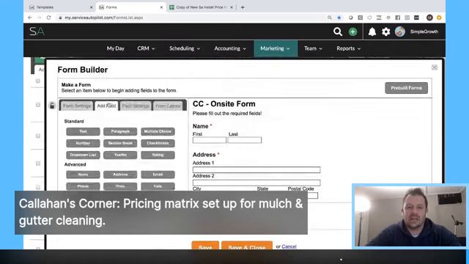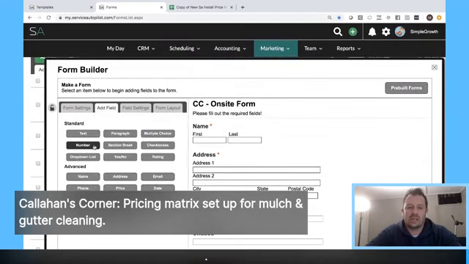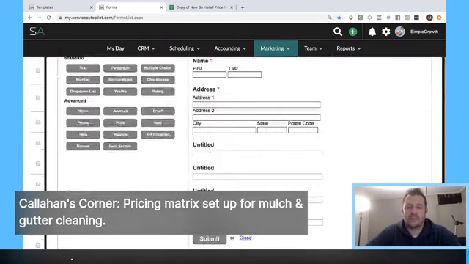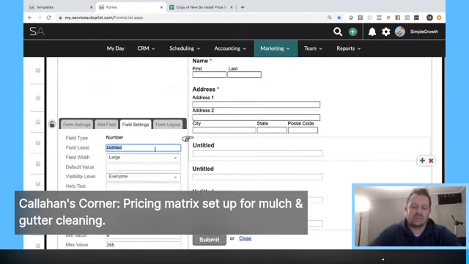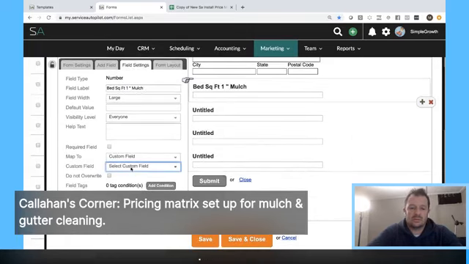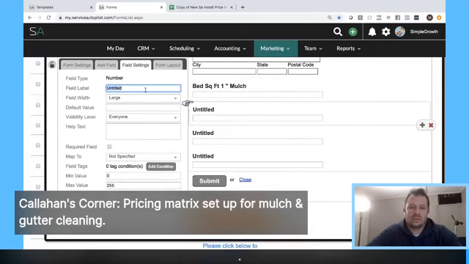Now, the next thing we need to do is go and add some number fields. So I'm going to go in and add 4 of these. You'd obviously want to style this and make it a little bit cleaner. But mulch, so this is actually going to be bed square foot, 1 inch mulch. And then we're going to go and map it to custom field, bed square footage 1. And we're going to go in and label this one 2 inches of mulch,